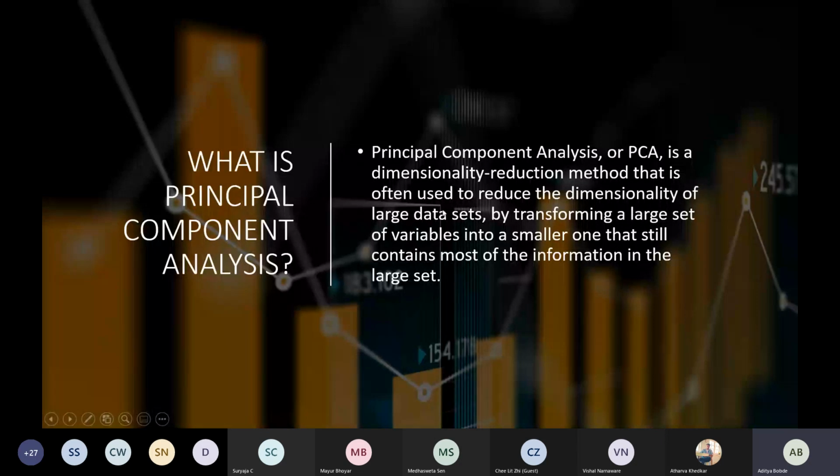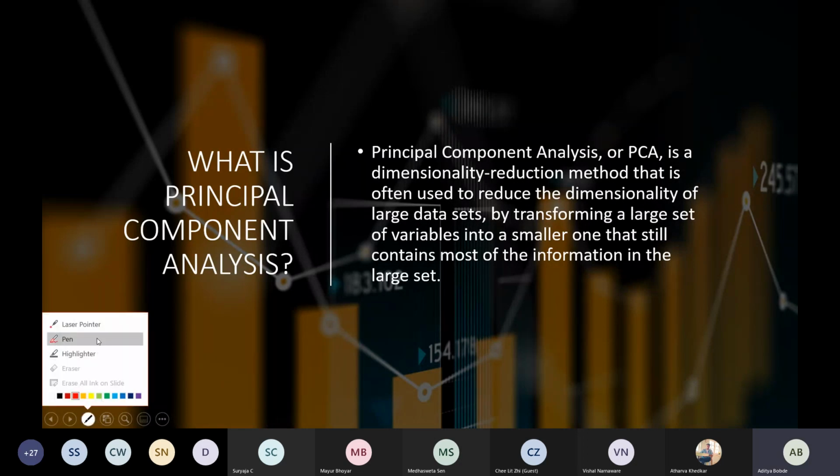As we have seen, as we increase the number of dimensions, accuracy decreases after some point of time, and it is very hard to visualize in higher dimensions. So PCA is a dimensionality reduction. We are reducing the dimensions from 10D to 2D or from 40D to 20D, by transforming large variables into smaller ones, and we are taking care that most of our information is